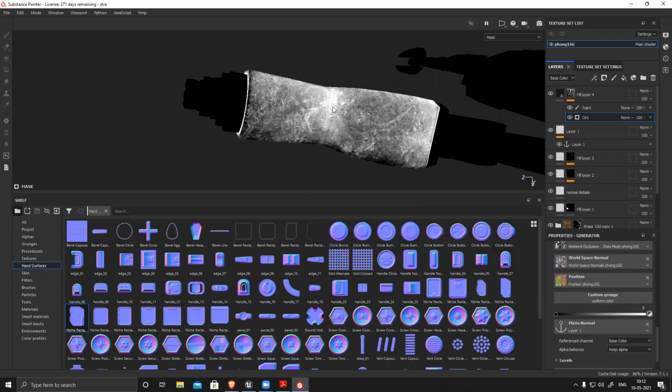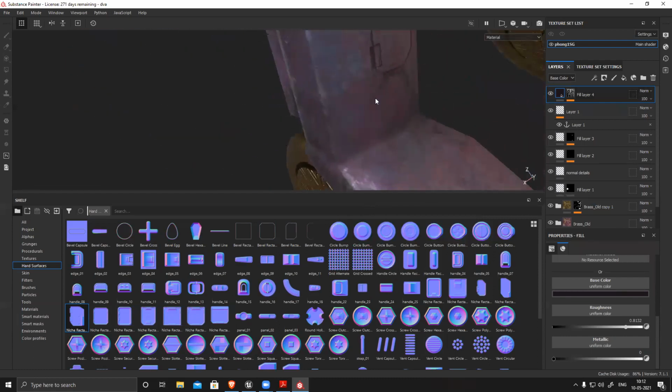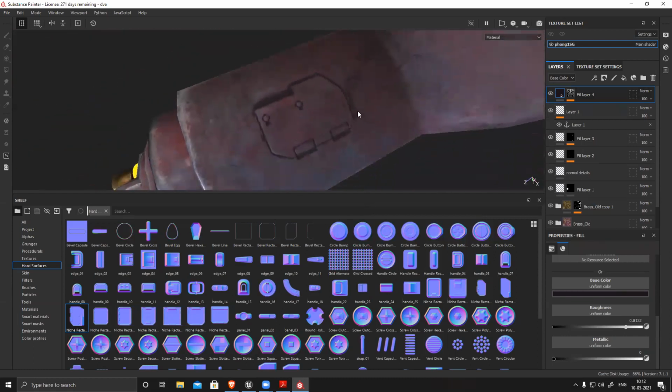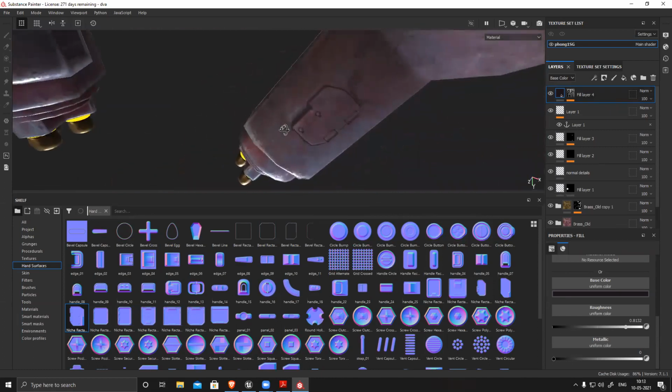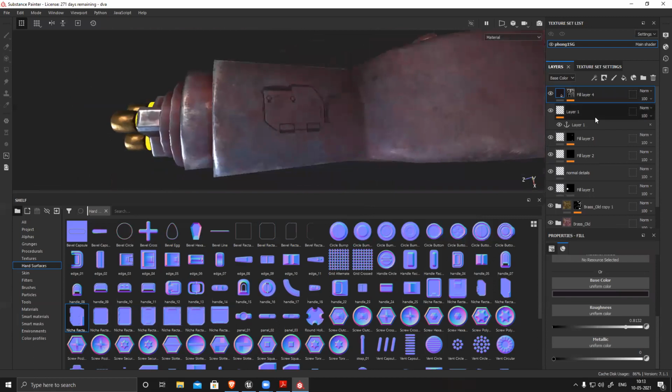Still nothing happened because it's affecting my normal map only. So I have to select the reference layer as my normal. So the moment I select it, you can see instantly it reads my normal shape and it will generate all the detail based on that. And go back to my layer. And now if you zoom in, you can see clearly all the depth, dirt, and everything is generated based on this surface. And it's generating everywhere.